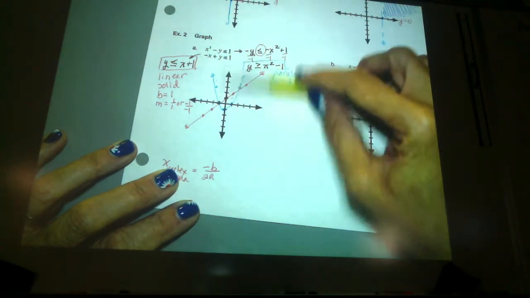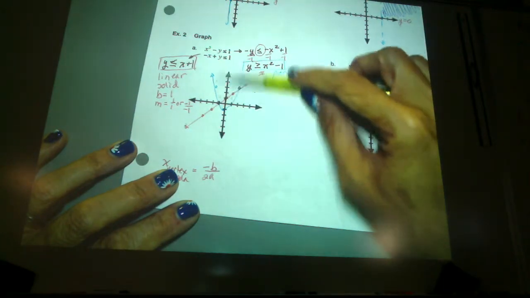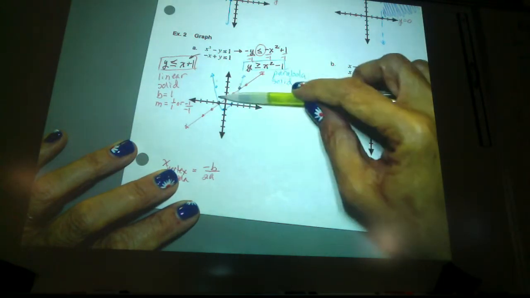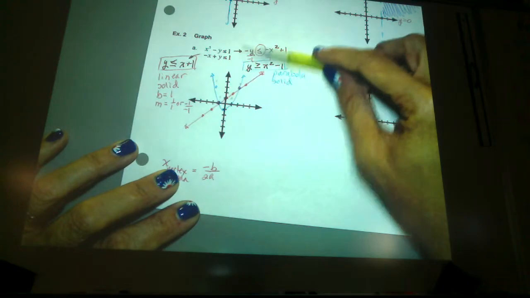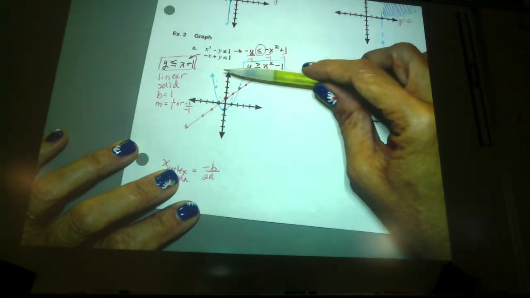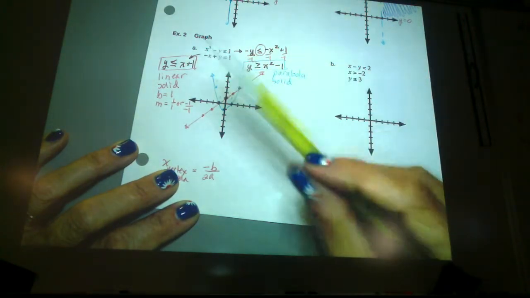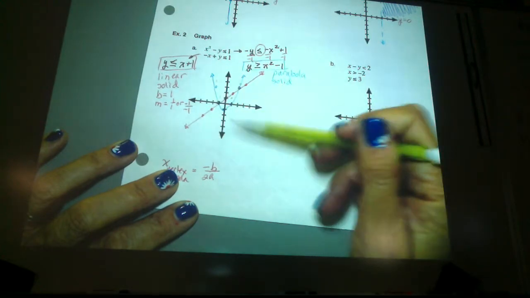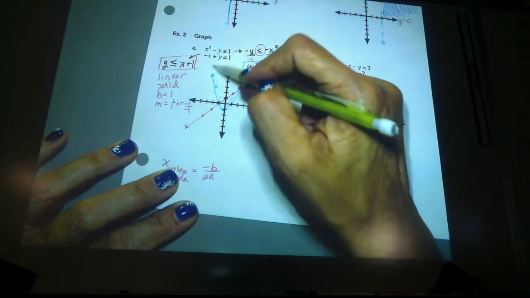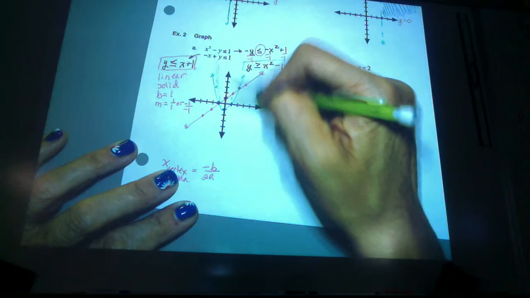Inside the parabola would be from this borderline, inside. The only way to go above this borderline is to go from that line up, isn't it? So inside would be the shading for greater than. Outside would have been the shading for less than. So this is the shading for the parabola,